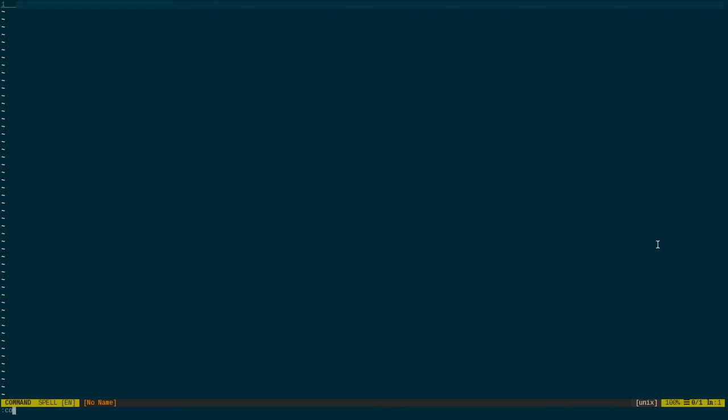Now I have FZF integrated in my Vim. So if I write command with a capital C, before I write small c command, it shows you, then if I write it with a capital C, and I have an FZF integration, if I press enter, I'm sorry,